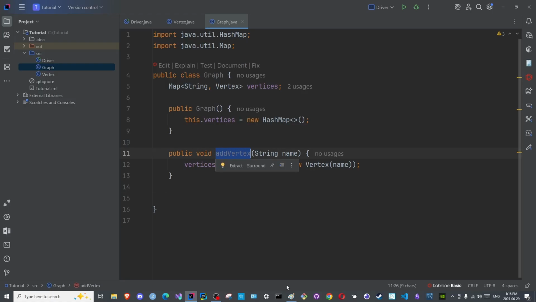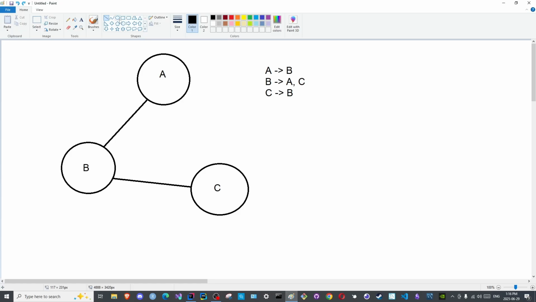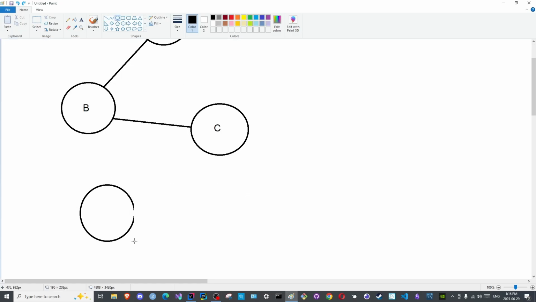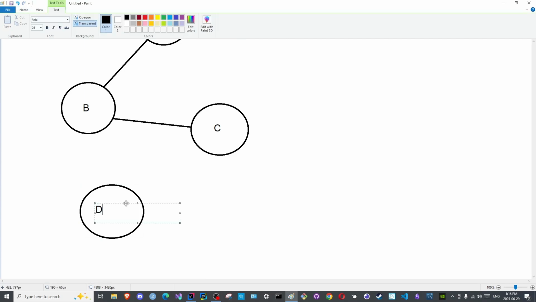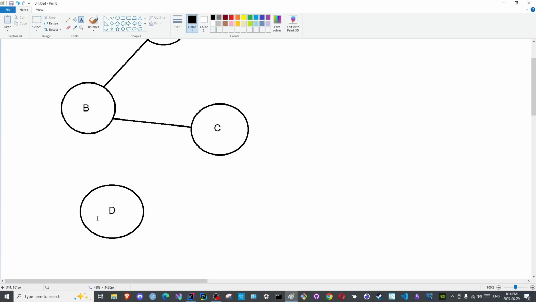Adding a vertex, for example, here I could add a vertex and store the datum D in it. But adding a vertex does not add an edge, so we need a method to add a vertex and then